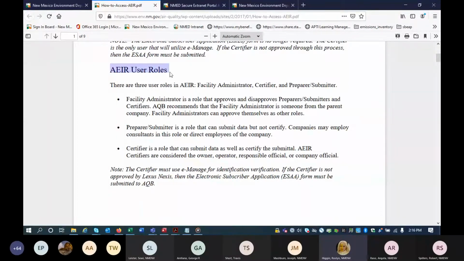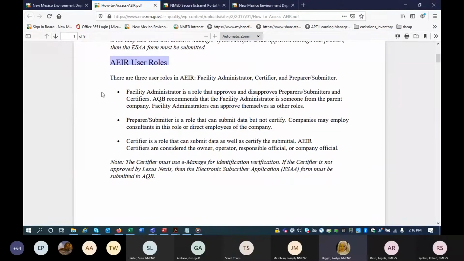There are 3 user roles, and this is really important that everybody understand. We have to approve a facility administrator. You need to request a facility administrator role. And as a facility administrator, you are allowed to approve a certifier and a preparer/submitter.